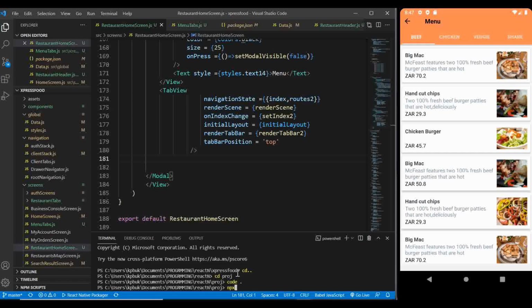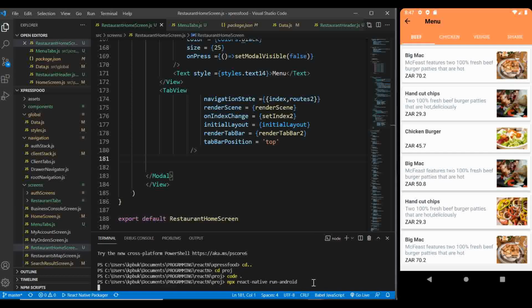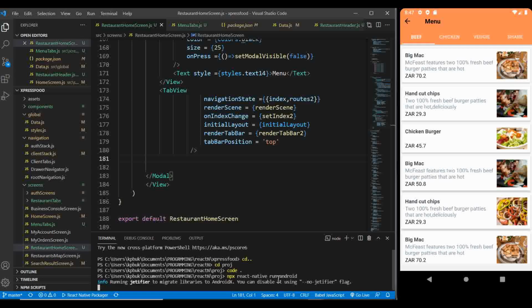Going to run the emulator to see what happens. npx, let me just make sure it's indeed killed completely. Yeah, npx react native run Android. While the project is building, we're going to continue creating these cards. They're very simple,